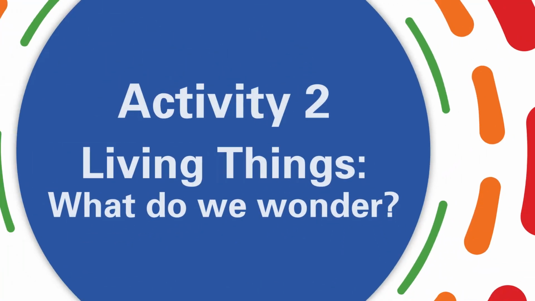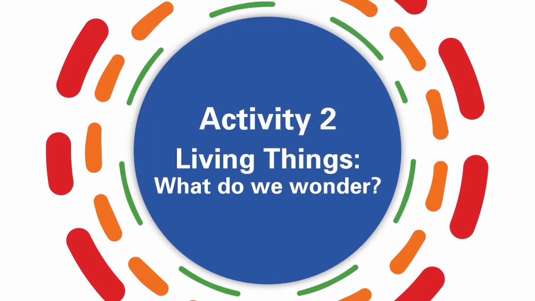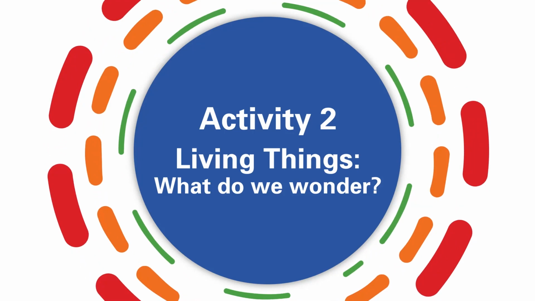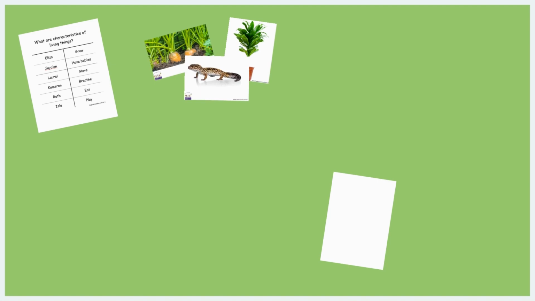The goal of Activity 2 is to expand children's learning by asking, "What do we wonder?" For this activity, you will need the following materials: the documentation panel from Activity 1 listing class-generated characteristics of living things, 2 large sheets of paper, 25 by 30 inches, for the prediction panel, 3 photographs or real examples of living or once living things, such as pea seeds, spinach leaves, or an insect, 3 real examples of non-living things,